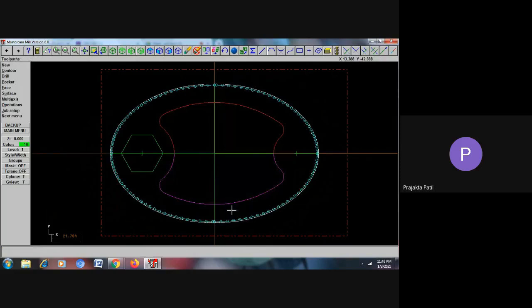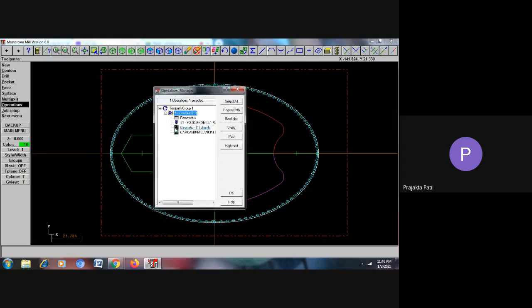Okay, I forgot to give the compensation. I think by default it was left compensation. Therefore, you have got the cutting tool path inside the geometry. That means it is going to cut the extra part. It cuts the material that is actually a part of our geometry. So what we have to do is give the right compensation.